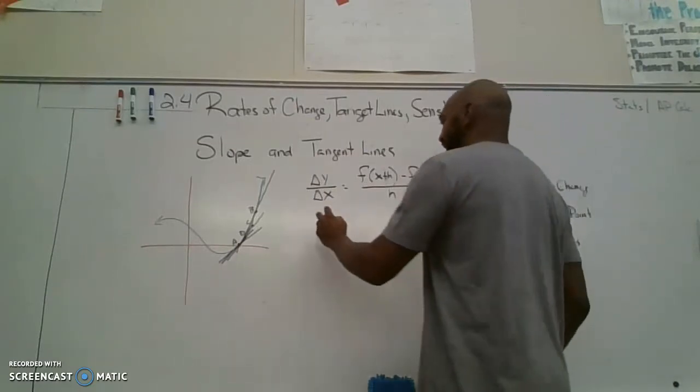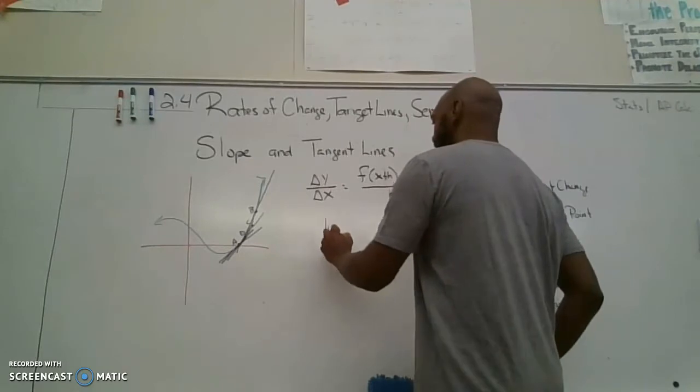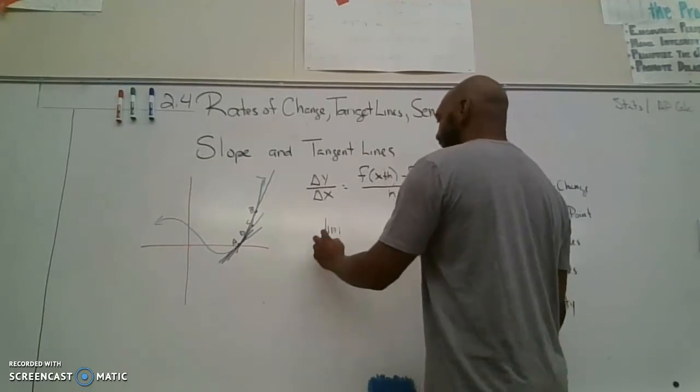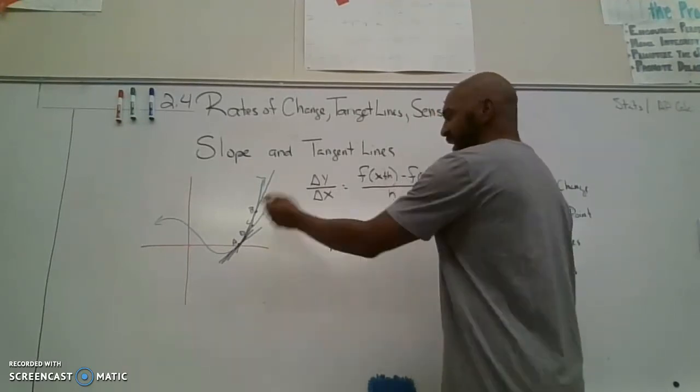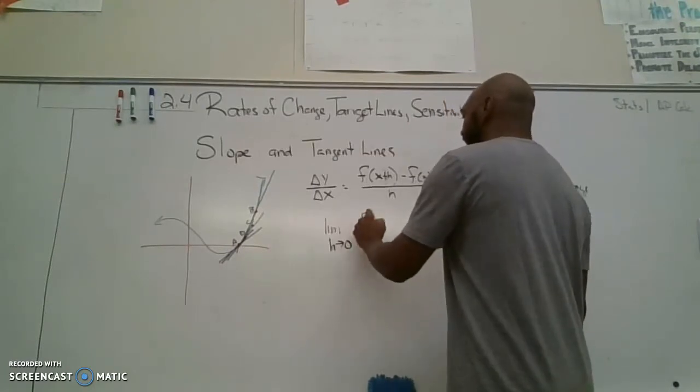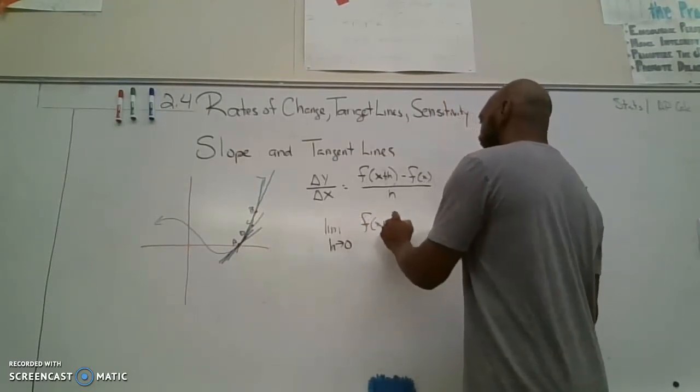So then we can write this as a limit. Limit as h approaches 0, or my change becomes super small, of f of x plus h minus f of x,